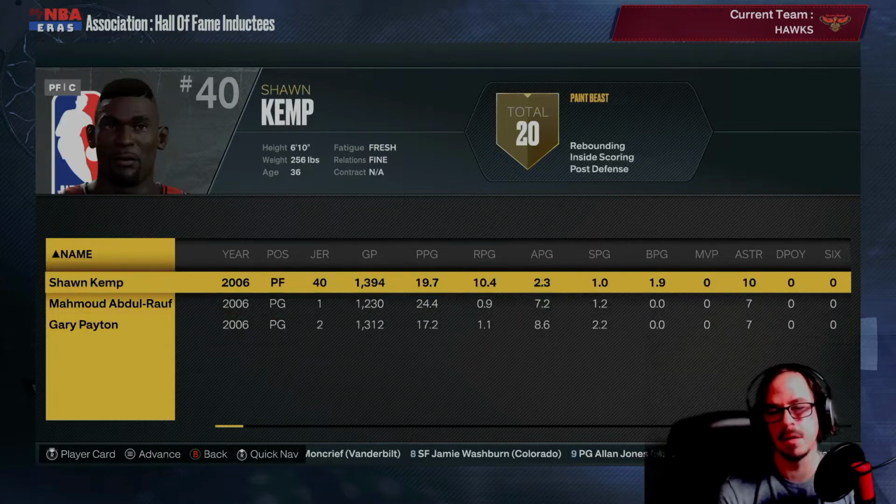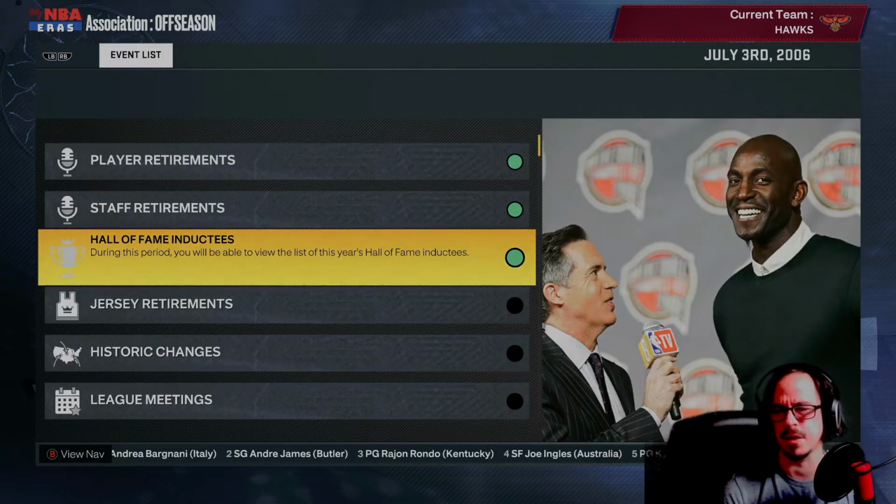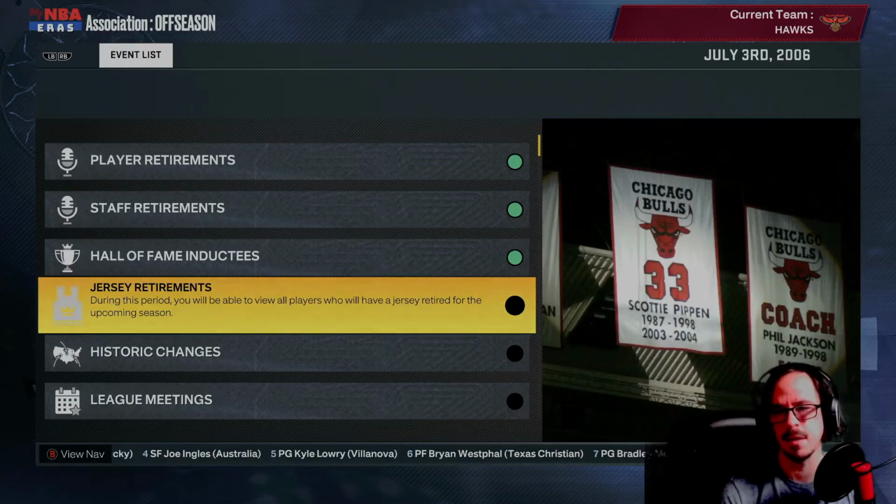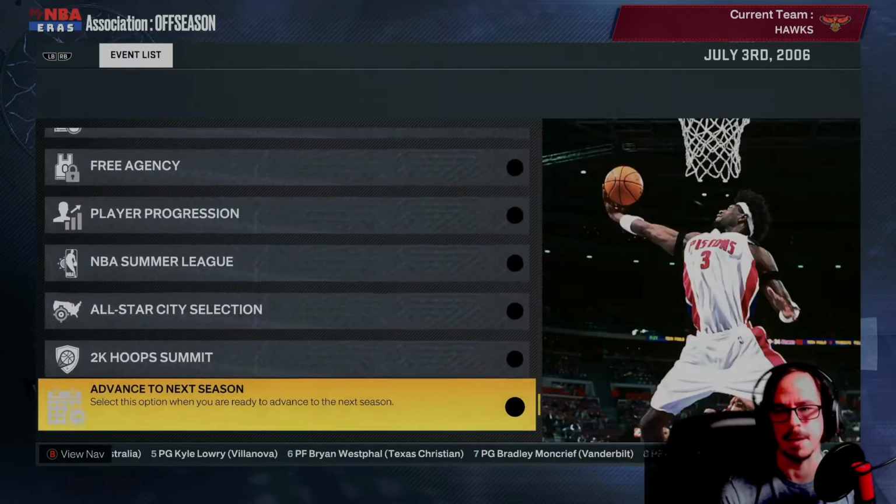Gary Payton, he retires in 2006. I think that might be accurate because he was on that '06 Heat team that won the championship with D-Wade and Shaq. I can't remember if he retired the year after that. But anyway,